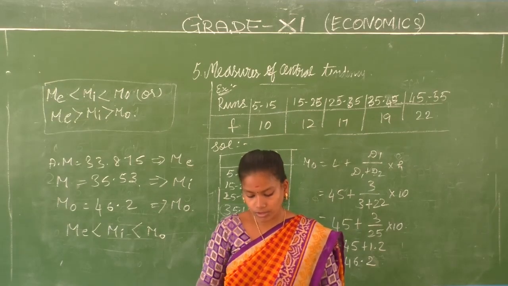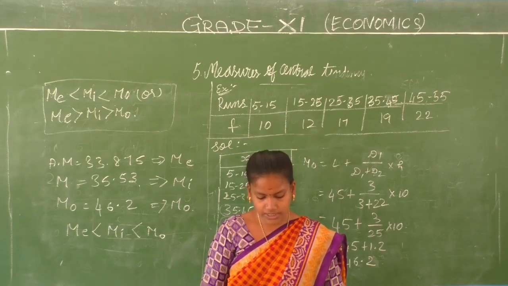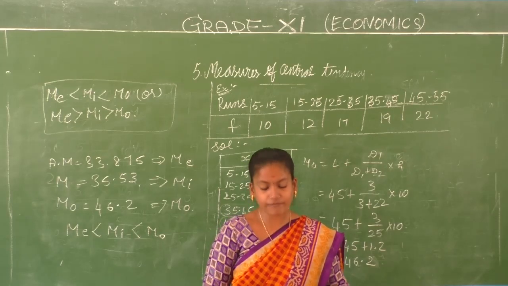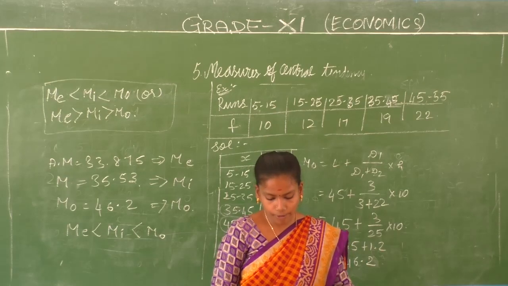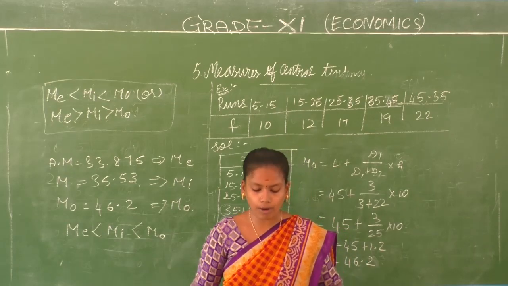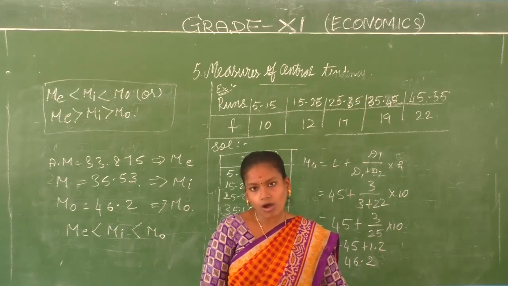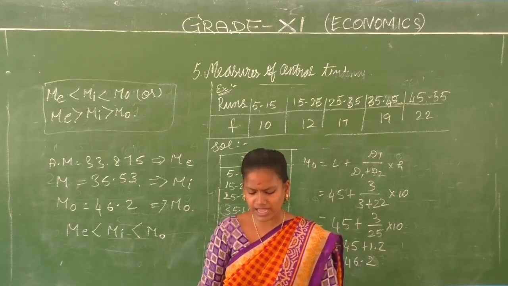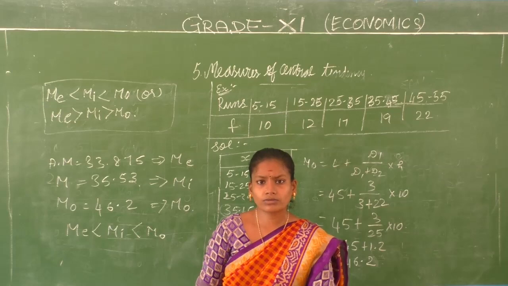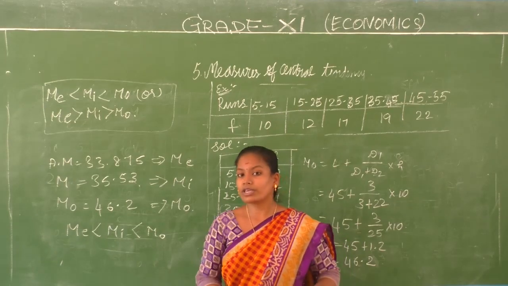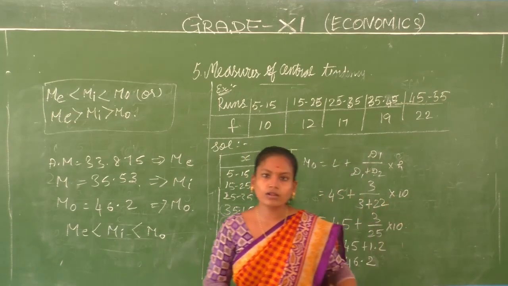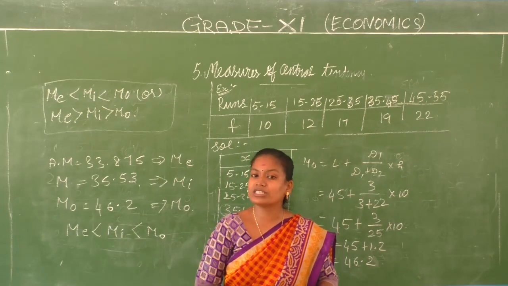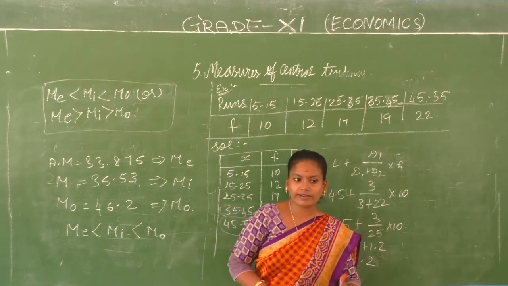I want you to go through all the problems, the 9 questions that are in your exercises, except the first 3, the remaining questions, and I want you to work out all the problems in your classwork note. Make sure you have drawn the concept map or mind map of whatever topics we have discussed. I want you to work out the problems that I'm going to give you in the worksheet also. If at all you have any doubts in any problem or how to sort it out, feel free to reach me and get your doubts clarified at the earliest.